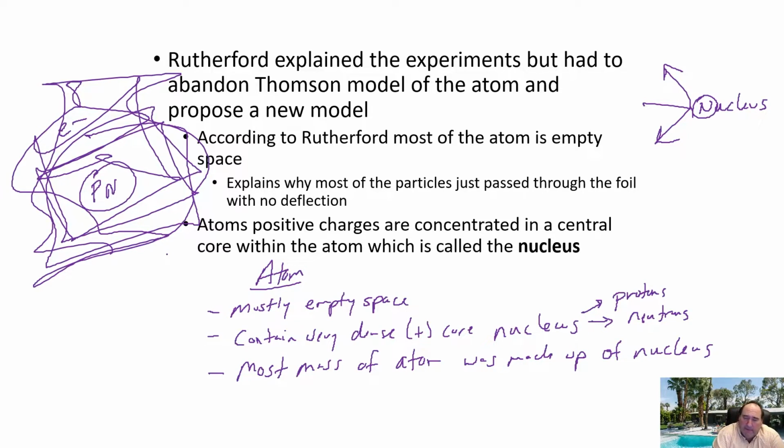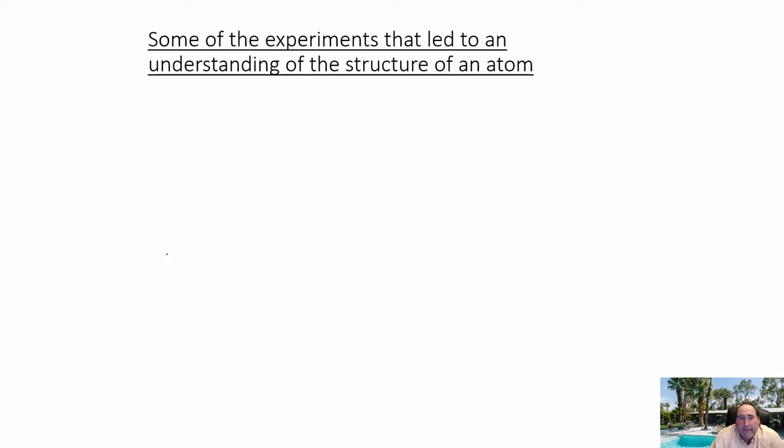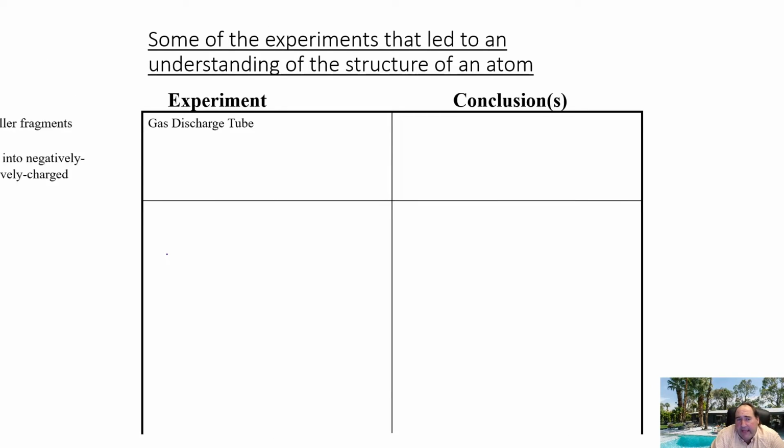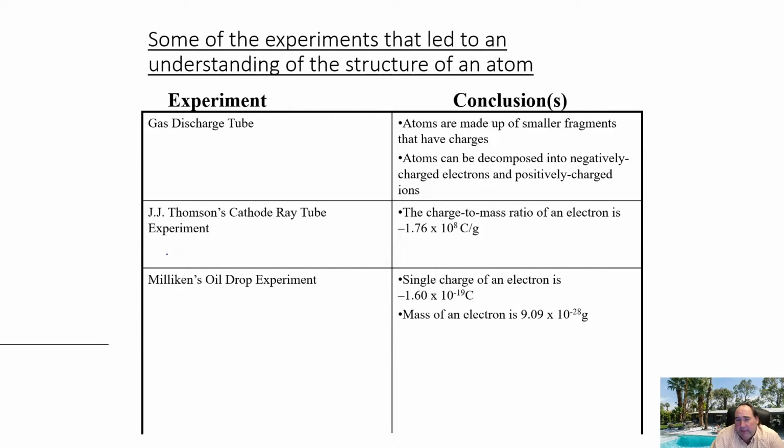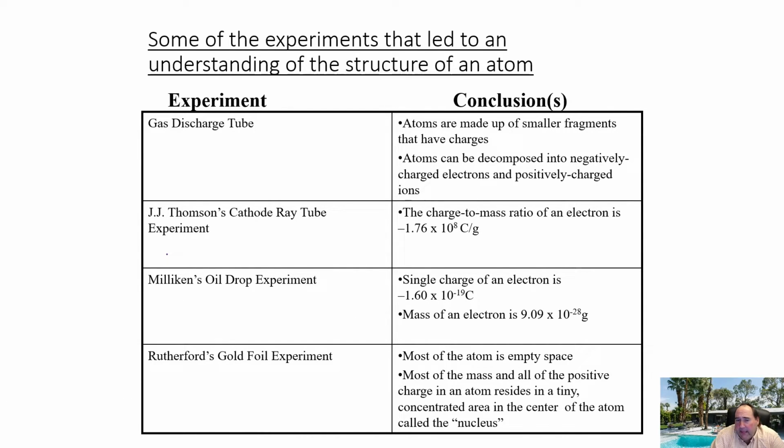All right, to finish out a couple more things here about the atom. Here's a table of a lot of the experiments that helped us understand what is happening with the atom and the major stuff. Most of these is what we just talked about. A forerunner to the cathode ray tube was gas discharge tubes, which can have negatively charged electrons or positively charged ions. That was a forerunner to the CRT experiments, which focused more on electrons and negatively charged particles. Millikan's experiment we talked about, and obviously Rutherford's experiment. So it's a nice summary slide of some of the experiments that we've talked about up until this point.